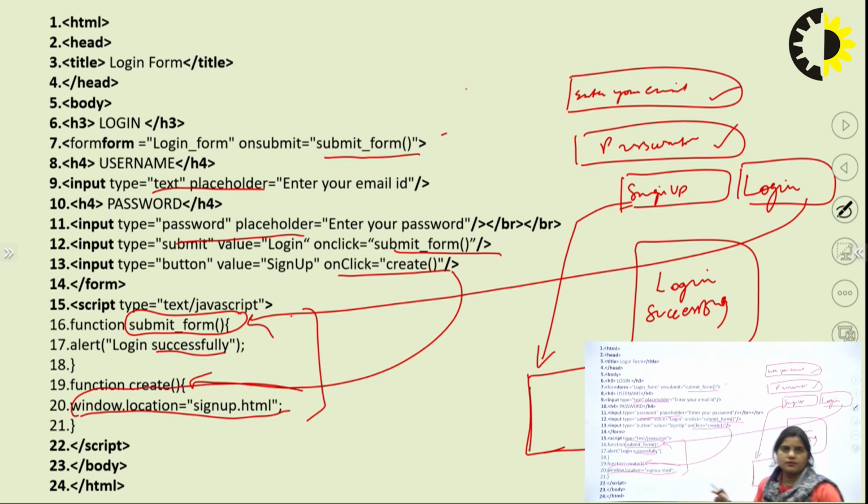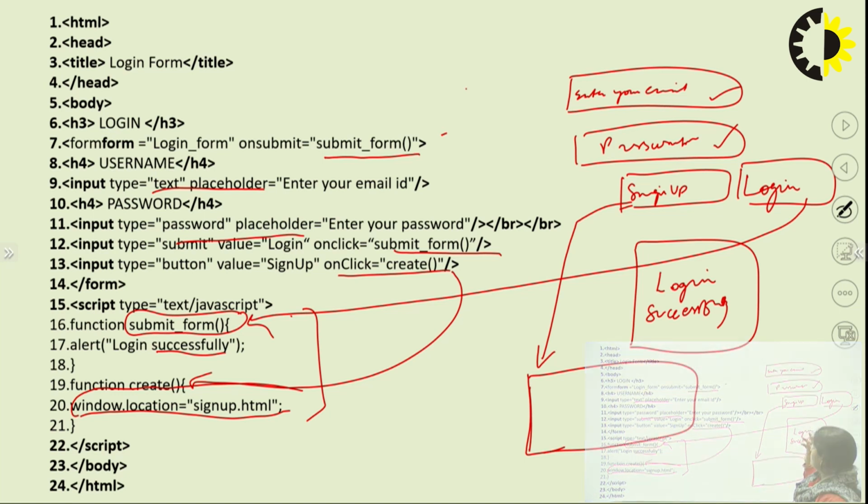So we have two options. First one is login. If you have already registered or already used that particular website, then when you click on the login button, you get an alert box saying that you have logged in successfully. And whenever you click on the sign up button, you have to fill some fields which need to be filled on this particular page only. So the main task of this form is only this. Okay, so this is an example of a login form with the use of the getElementById method of